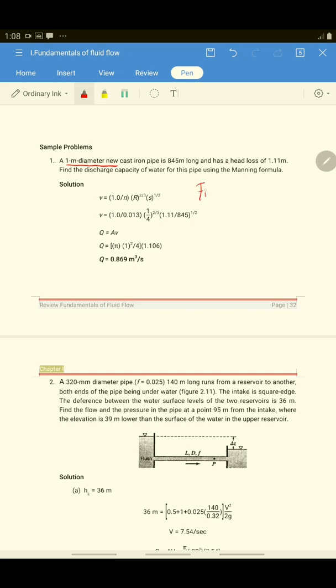So first, you have to list all the given. So we have here the diameter is 1 meter. Then the length of the pipe is 845 meters long. Head loss is equal to 1.11 meters. Then you have to find the